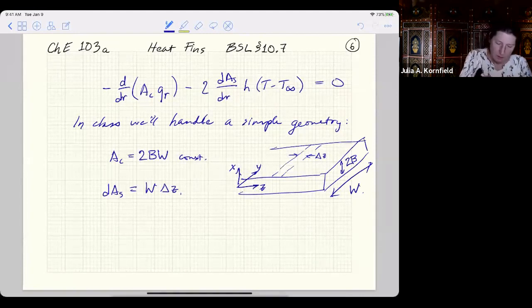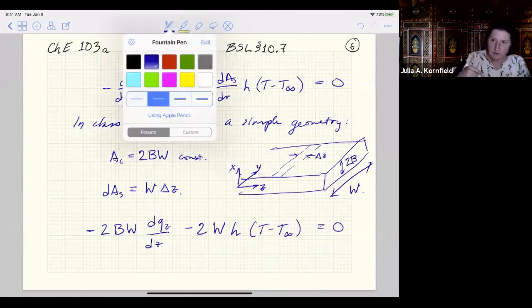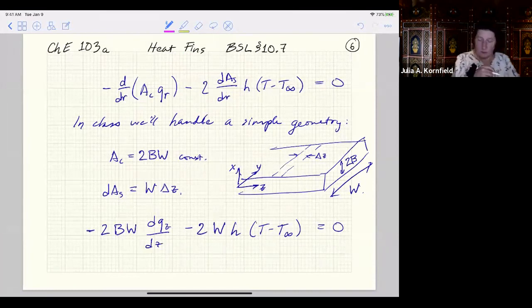So we will have minus 2bw d(q_r)/dr. So here it's z, dz, and then minus 2 for the top and bottom faces times w, dz is already over here, h (T minus T infinity), and that sums to 0. Okay, so in this simple case, and I think this is the equation we left off with at the end of the preceding video, w's cancel, 2's cancel, and